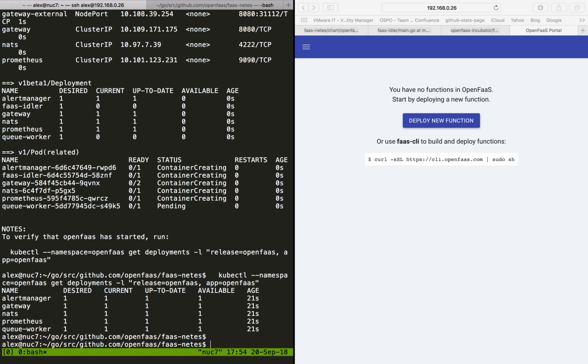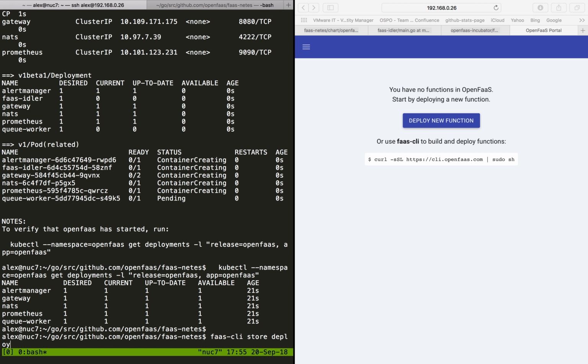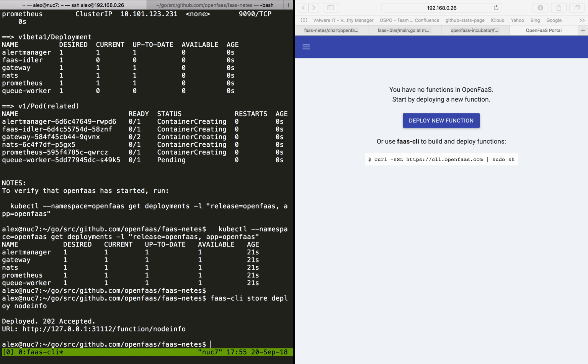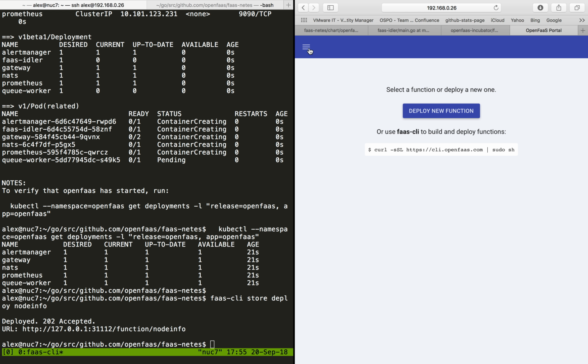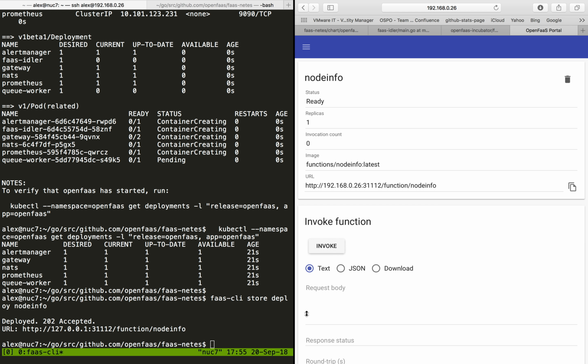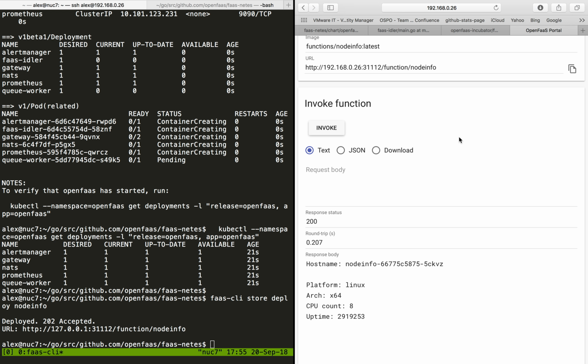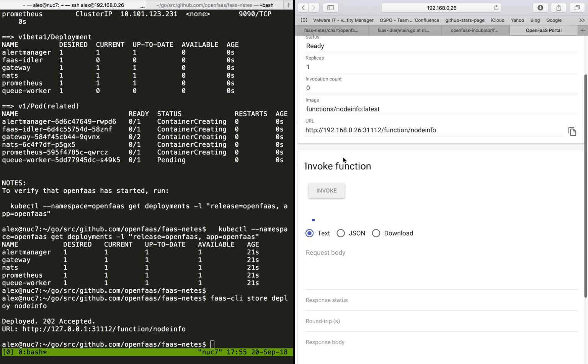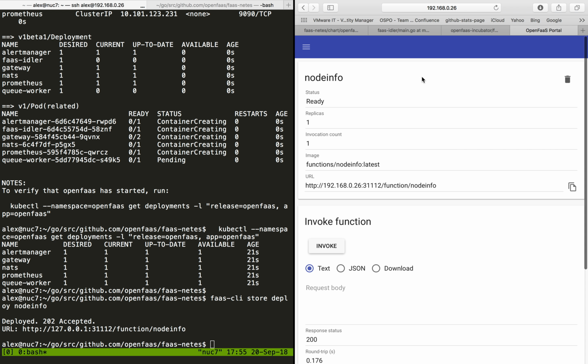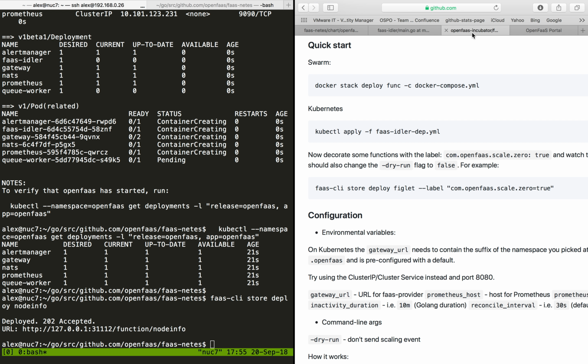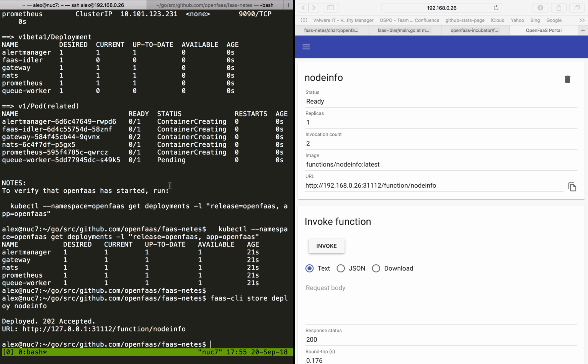So let's just put something into here. Let's, if it's all ready, faas-cli store deploy. Let's put in nodeinfo. Now nodeinfo isn't going to scale to 0 by default. I think this is important for existing users, and that is what you'll see. So once you deploy this or you update, you will not suddenly have to worry about cold starts, warm starts, or anything like that. And the way that we actually handle this is by adding a label and having these opt-in. So let's deploy figlet,